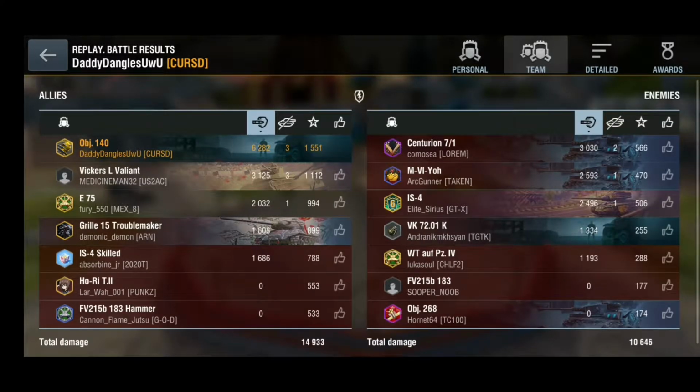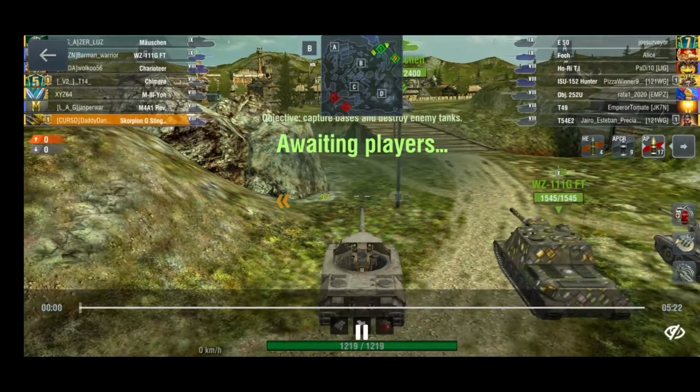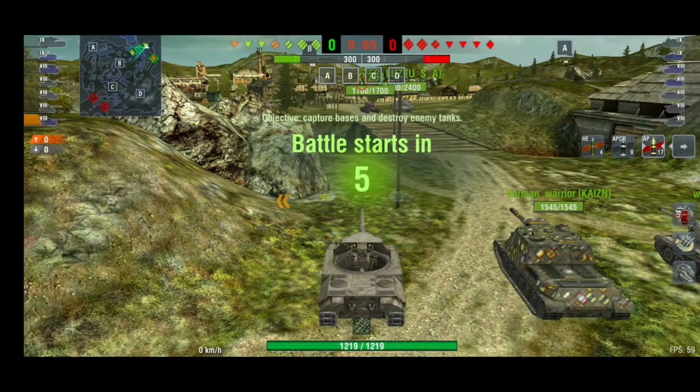6,282 damage there, Dangles. But because the enemy medium didn't get himself into position, Dangles just farmed out good and proper. Now our second one here on Canal, we're going to speed up the start of this match just until